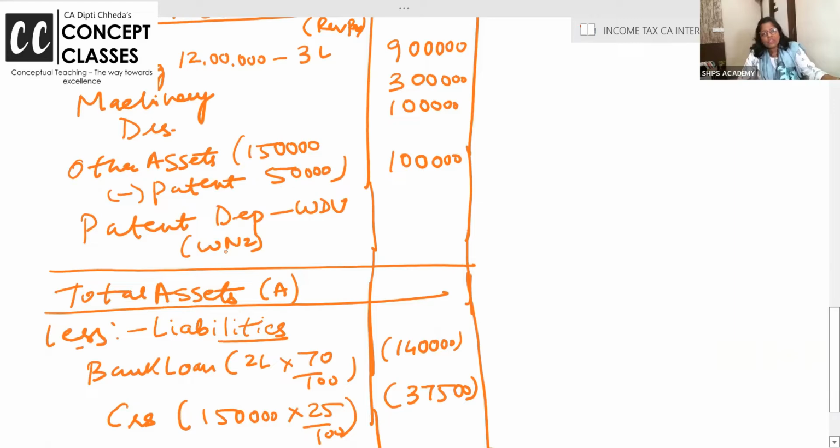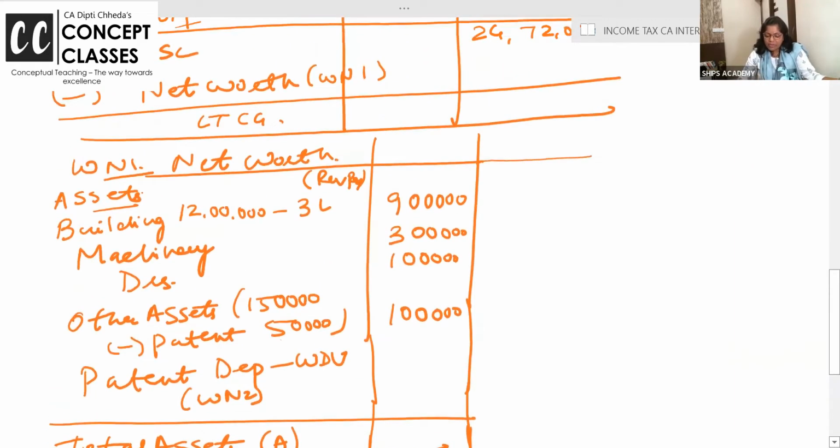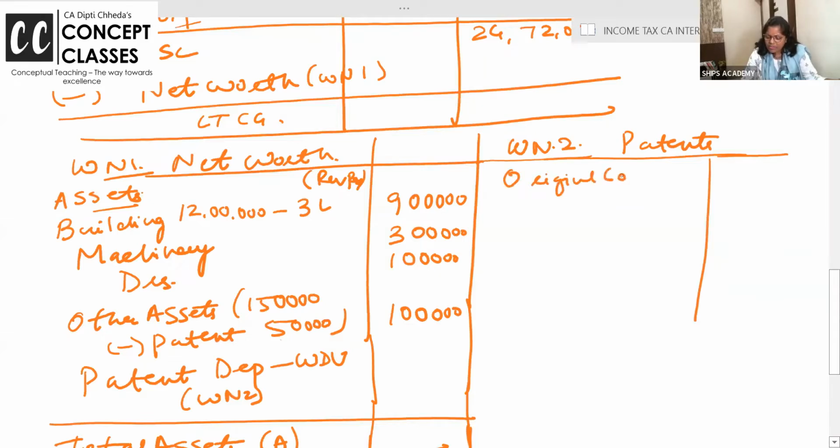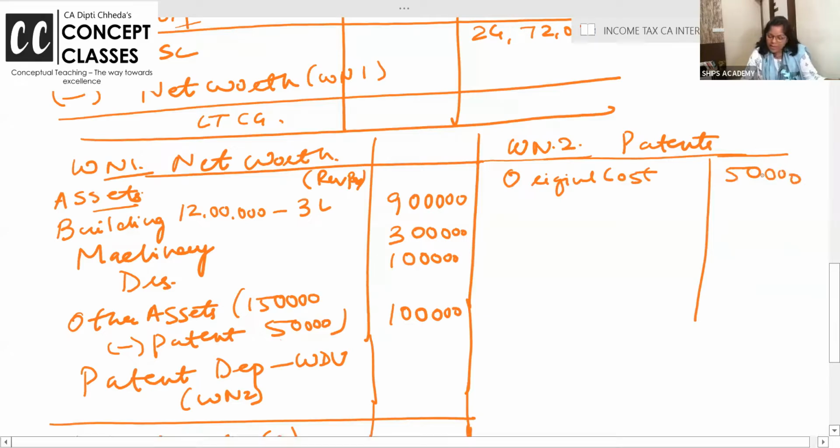And the patent, of course, I will take. But 50,000 is the original cost. I'm doing it on the right hand side. You can do it elsewhere down. Working note 2, patents. You have to bring it to its WDV. What is the original cost of the patent? 50,000. In which year? 2019-20. Shall we charge depreciation at 25% for the full year? Because it was held for more than 180 days,